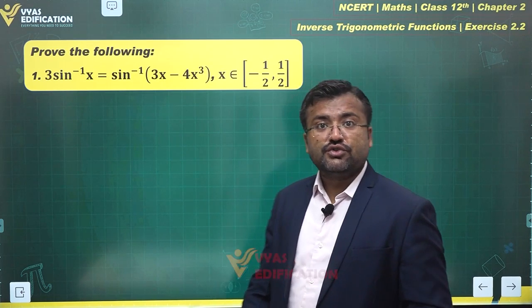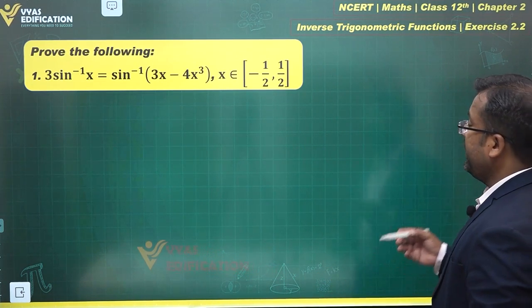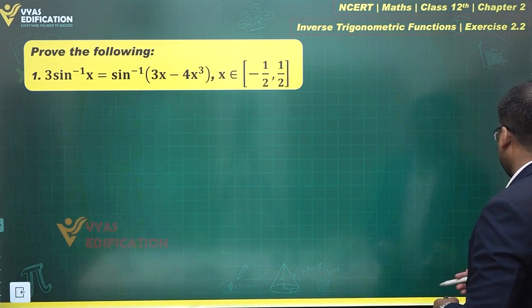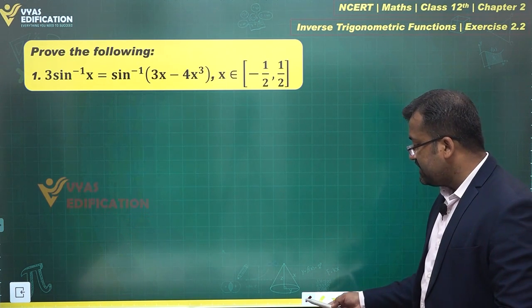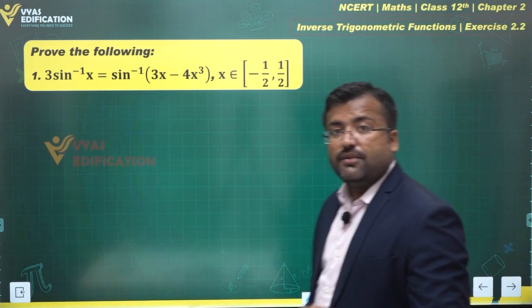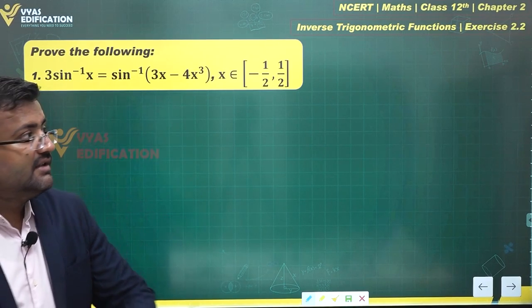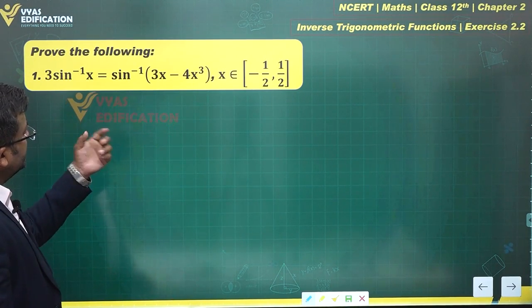Let's take a look at this first question. What does the question say? Prove the following: 3 times sine inverse x is equal to sine inverse of 3x minus 4x cube. Now what's the important thing in this? Let's take a look at this. The important thing in this question is that